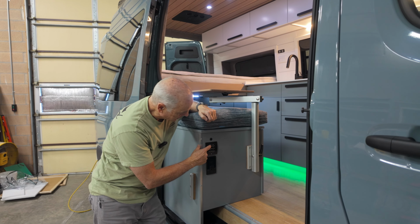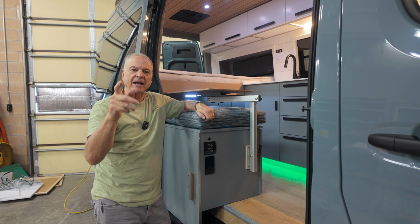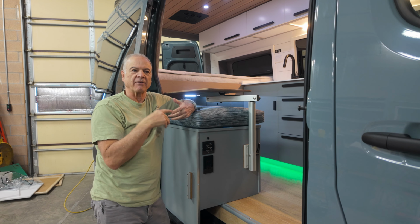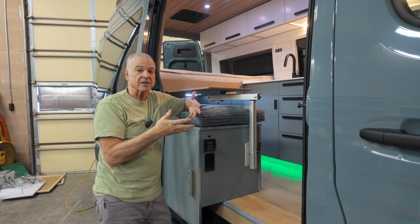All you have to do is push this button to put it out. It's got built-in LED lights in it, and then there's another button you hit just to put it back in. It has a built-in wind sensor, so that if the wind kicks up, it'll automatically retract. And then it also has an ignition sensor,